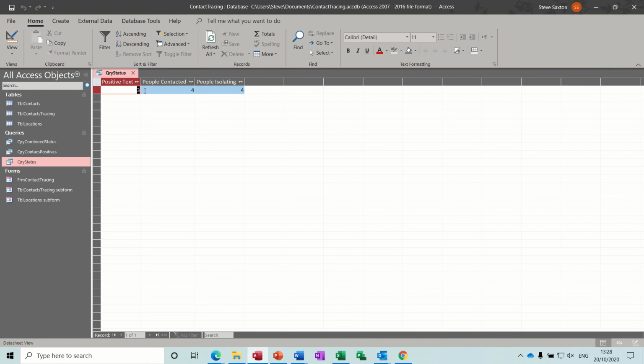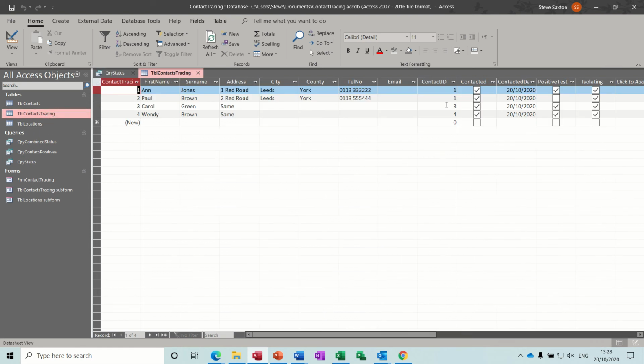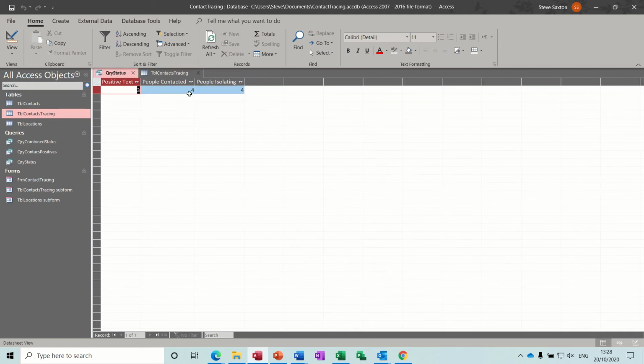And then if I just close that down, I've then created a query called status. So this is just counting up how many positive tests there are from this second table. Sorry, not the locations table, the contacts tracing table. So how many positive tests? There's 3 there, 4 people isolating, 4 people contacted. So that should go 3, 4, 4,